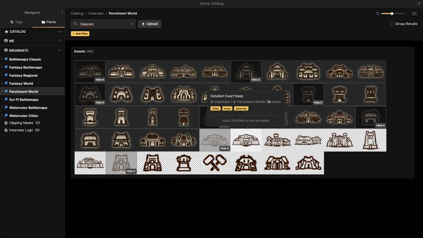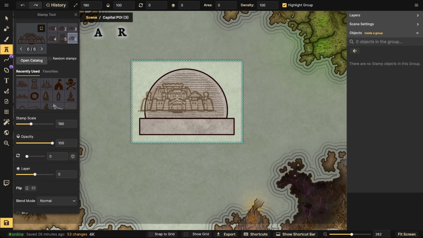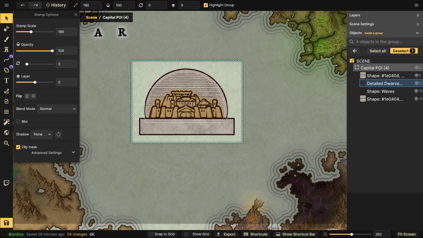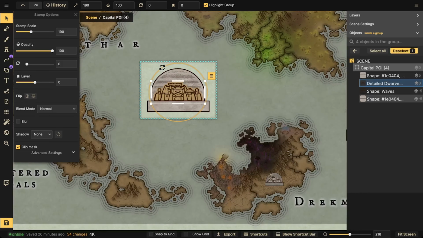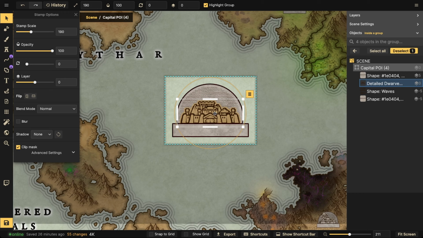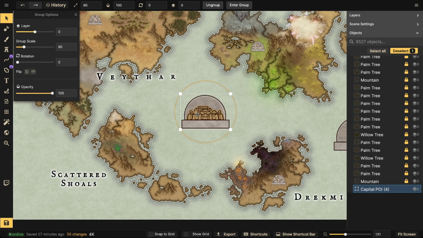Is this one? I think this one is the capital. This will work just fine. Let's go with this one. That looks good. Okay. And you know what? Every single one of them has some kind of overlap. So let's say maybe have it to where this one doesn't have any overlap whatsoever. So I think that would be kind of good. We'll push it down to about 30%. And then we'll kind of put a nice little